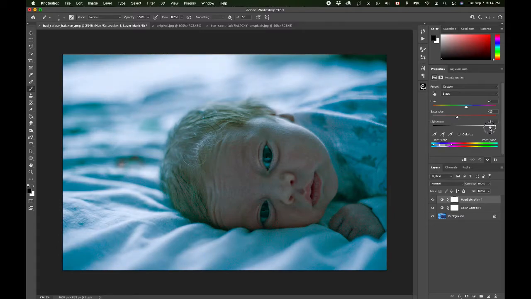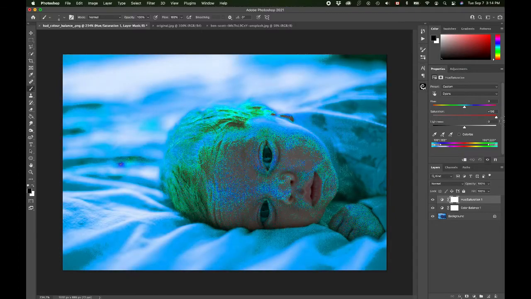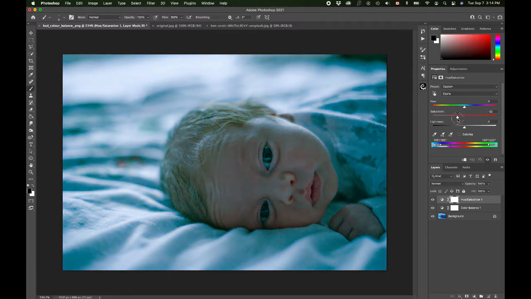And then I can go to my cyans. Cyans and blues are very closely related. And again, I can just see, okay, do I really want to change the color? No. But again, if I do the hue and saturation, I can see that that baby has a lot of